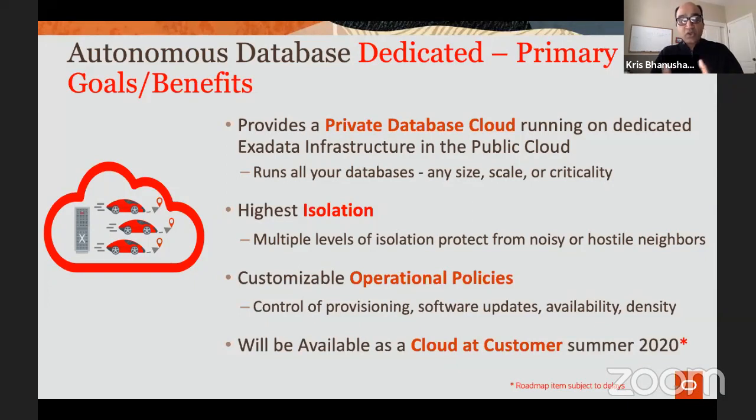And in the end, I also want to add that the same service is going to be available as a Cloud at Customer offering, I would say around the July, August timeframe. And just to point out, that works better for customers who do not have a region at this time, or have workloads that need to run on-prem and cannot afford the latency. So for a variety of these factors, the Cloud at Customer offering makes sense. But otherwise, whether it runs in the public cloud or Cloud at Customer, the service experience and the features it offers are identical.